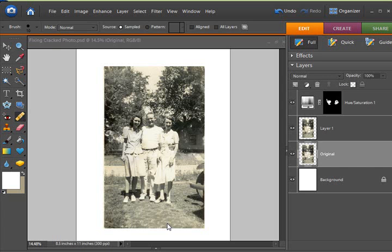I want to thank Nancy for providing this photo to me and asking me to teach her how to fix it, because now I can make this video and put it on the internet to share with others so that they too can learn. This is the totally repaired photo right here,